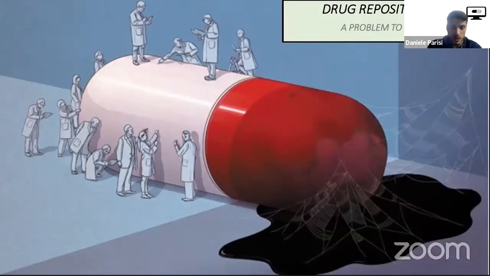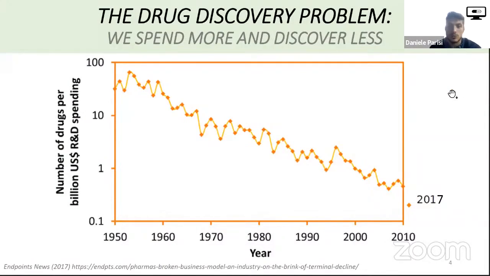So first of all, let's start with the general concept of what drug repositioning is and what it is trying to do. In order to do that, we have to start from the main problem, which is the negative trend of drug discovery. As you can see from the graph, starting from the 50s when the data started being recorded, all the way to now, well, until 2017 because that was when I was doing my PhD, we've been spending more and more money and bringing fewer and fewer drugs to the market. So why is this happening? Why every year are we spending more and getting fewer drugs